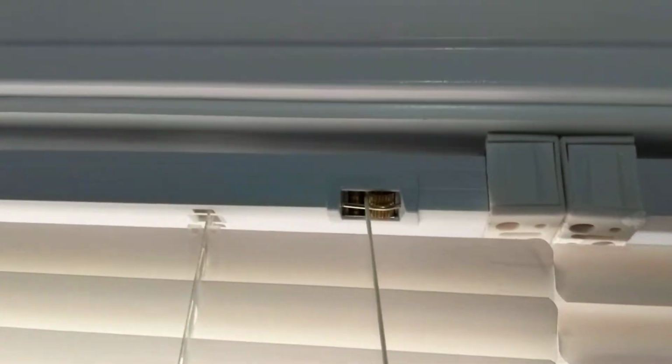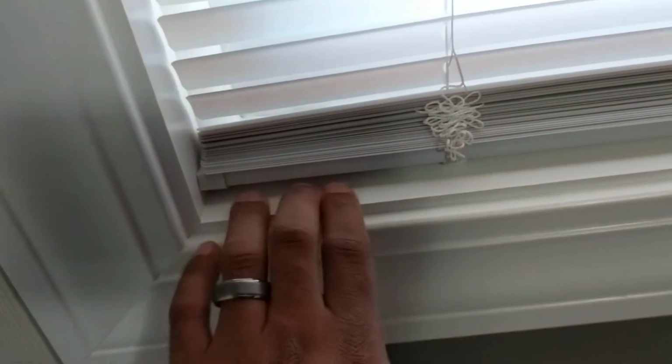It gives you a really nice place too to put your blinds, because usually when you hang up these blinds and you just have drywall around the window, it's not really the proper window seal or window frame. So when you pull your cord, you want to rip off your entire blinds, because you have to get longer screws to go through all that drywall, and that's not usually what comes with your blinds. But I have this window frame, this window jamb is what I want to call it. This window jamb right here is built